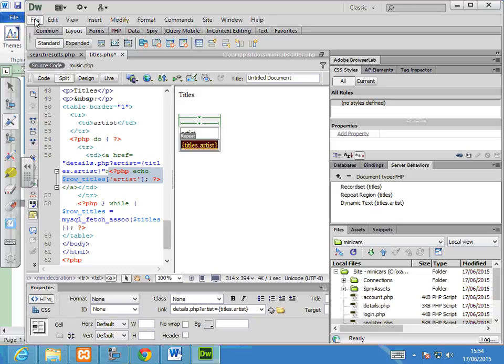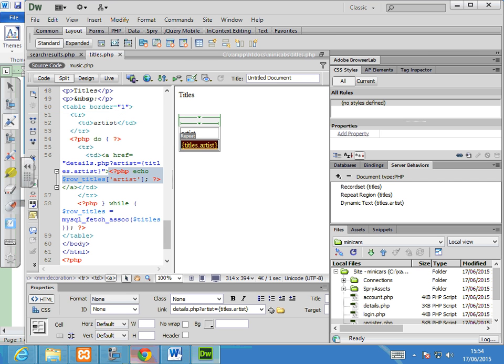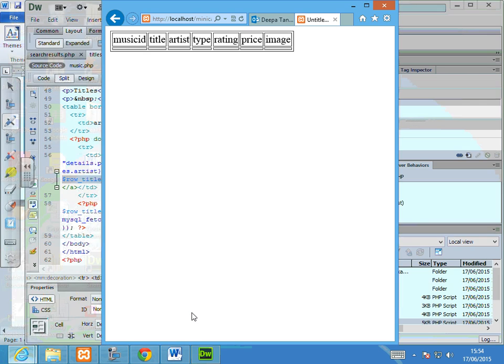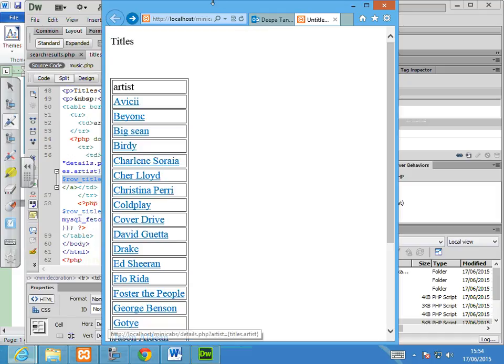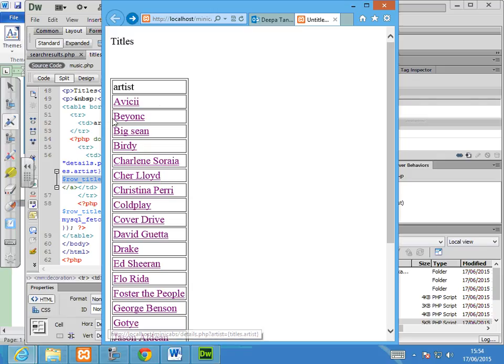So what you've done is you've actually made a page which lists all the artists, and if I click on it, it should show me